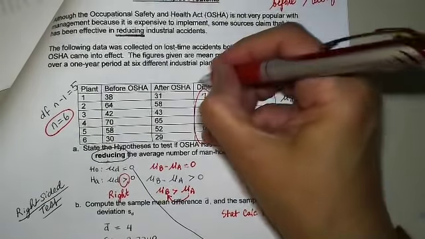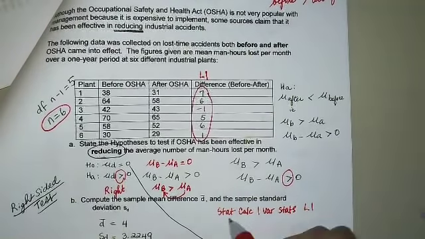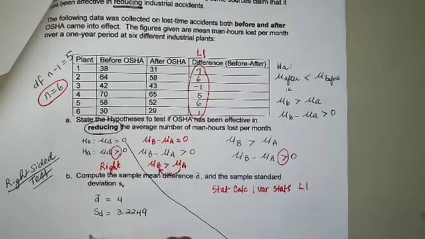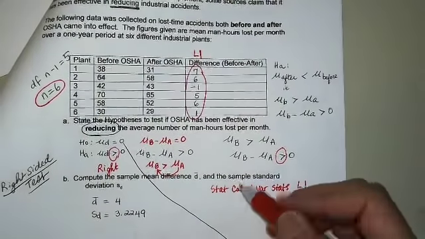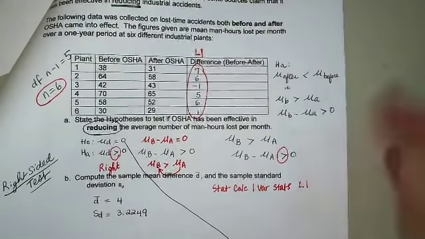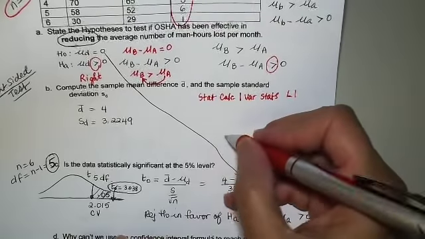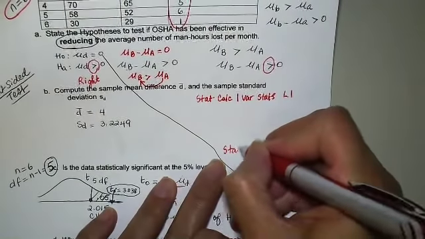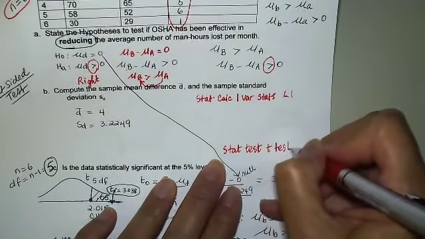It's just reading the question. After that, you just stick it in your calculator. So when I did stat calc 1 variable statistics on L1 after putting these differences in L1, it gave me that the mean was 4 and the standard deviation was 3.2249. After that,